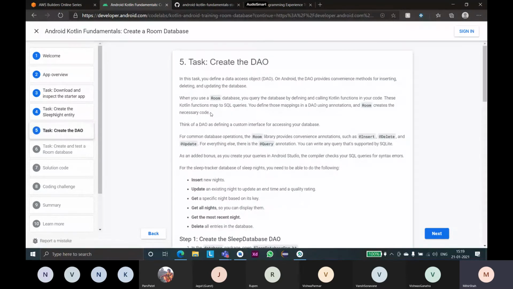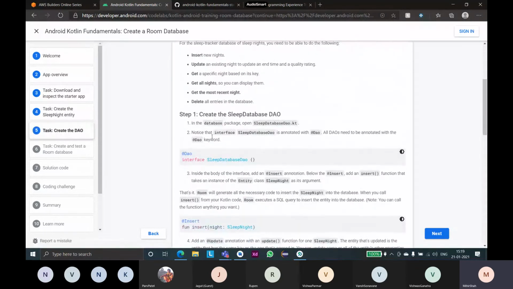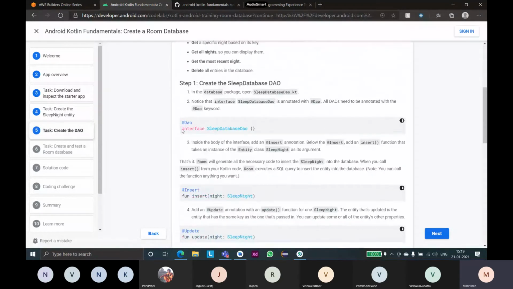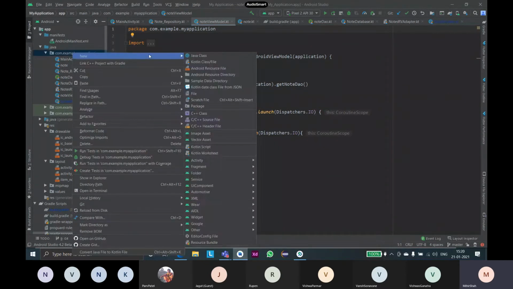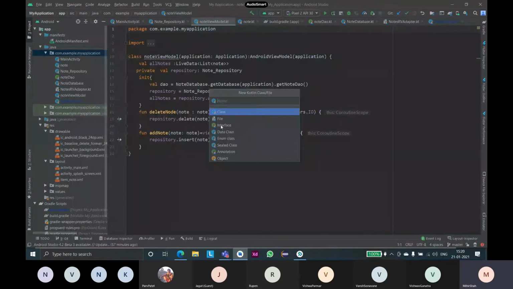Now, creating the DAO. To create a DAO, we'll define an interface. So, how do we declare an interface? First of all, you will left click here and go to new Kotlin class or file, and there is this option of interface, and like this you will be declaring an interface.